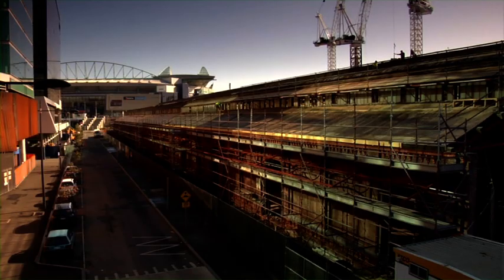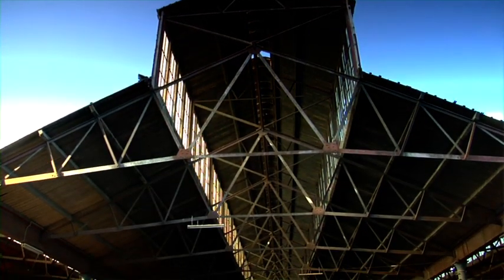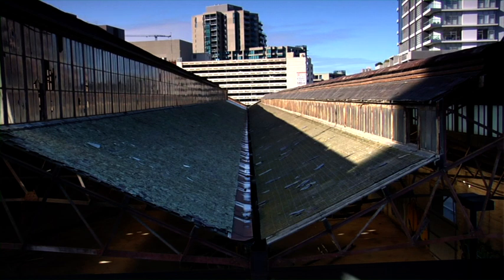The project started about 10 years ago, when the first thoughts were put towards extending Collins Street through what was known as the number 2 goods shed. That involved cutting this vast building in half and deciding what to do with the two ends that were left. Obviously down in Docklands there are some fantastic buildings, some 6-star Green Star buildings, some 5-star outcomes, but they're